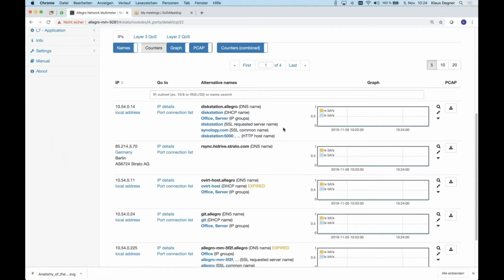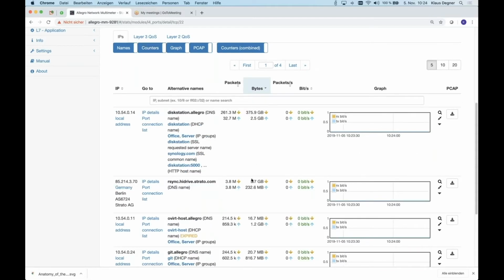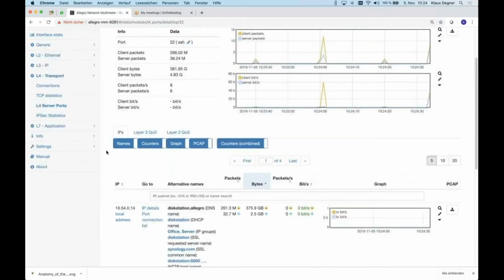For example, we do a backup by SSH to a server. That is our top SSH connection. So if we see the counters, yes, we uploaded 375 gigabytes to that server, and to the external one, 5.7, for example. And again, here we can also see the layers.